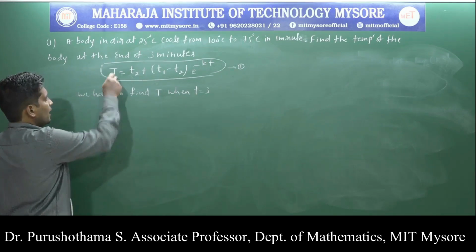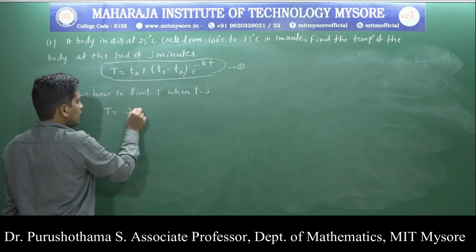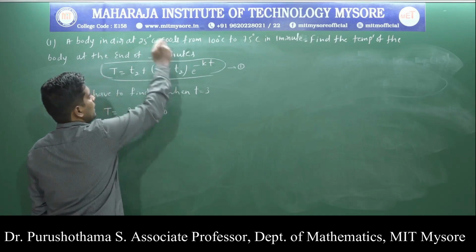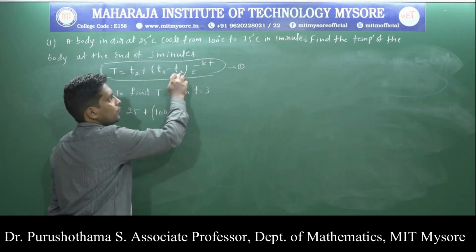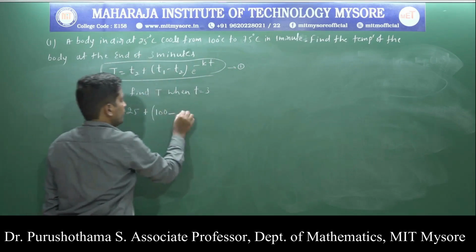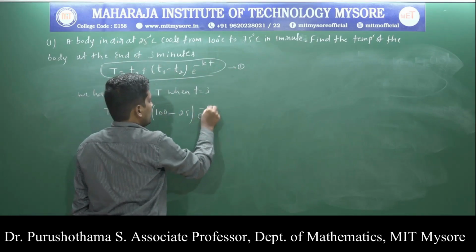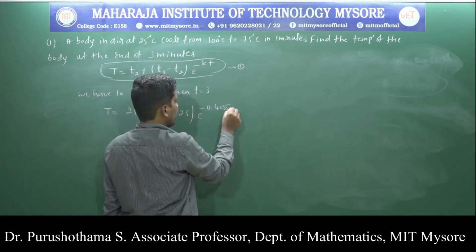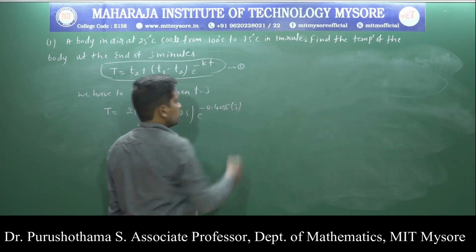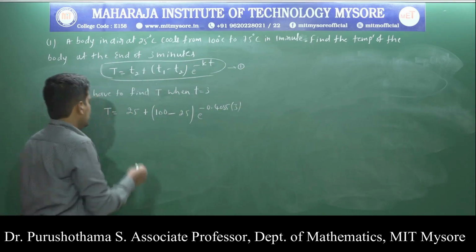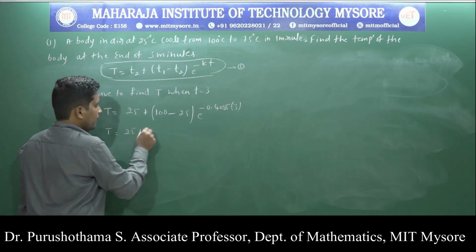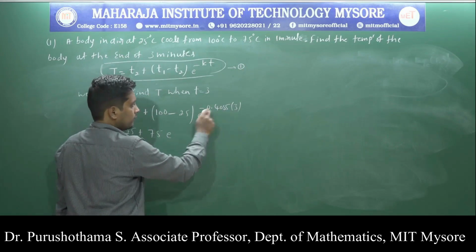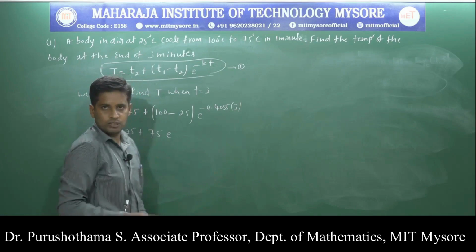In the next step, capital T is equal to T2, the air temperature 25 degrees, plus T1, the initial temperature 100 degrees, minus T2, the room temperature 25 degrees, into e power minus k, where k is the proportionality constant 0.4055, into t equal to 3. In the next line, T equals 25 plus 100 minus 25, which is 75, into e power the multiplication of these two, 0.4055 into 3, which is